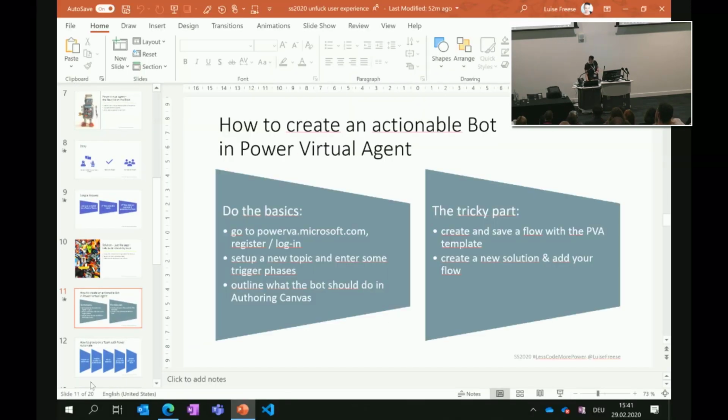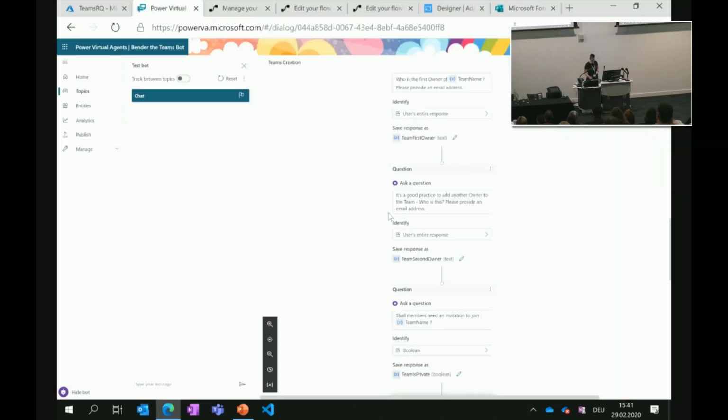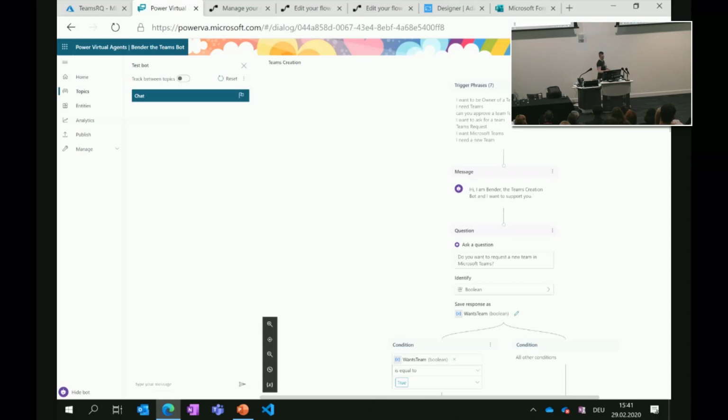Okay. So what I want to show you is Power Virtual Agents. Can you see that in the back? It's good? Okay. So what I wanted to do is, if someone says to the chatbot, "Hey, I want a new team," some trigger phrases, the bot first confirms: okay, do you mean the creation of a Microsoft team indeed? And then I confirm yes. And if yes, then it's really